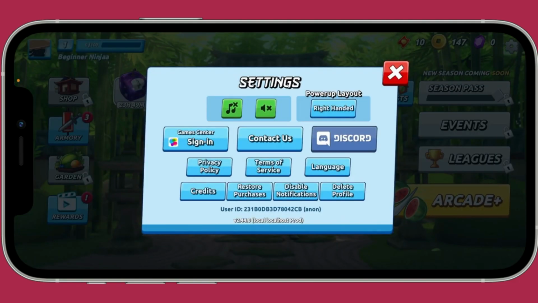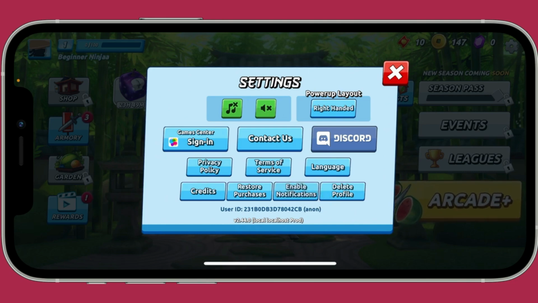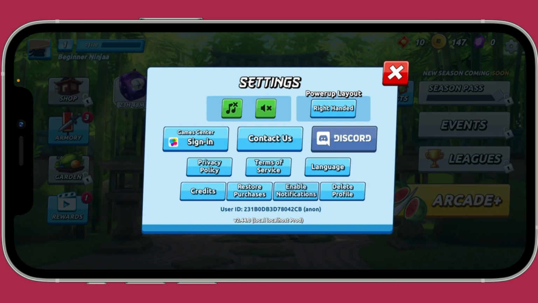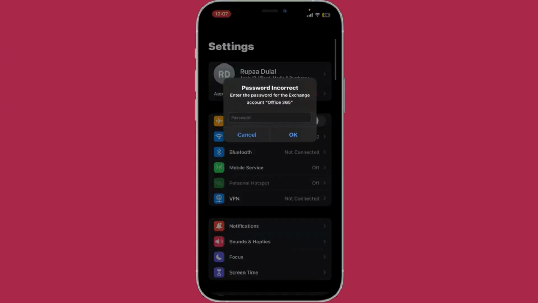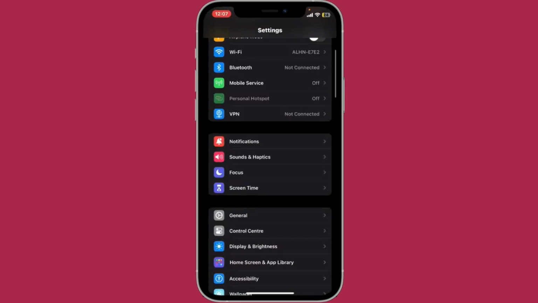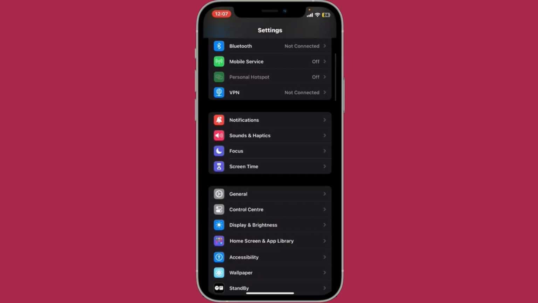This will open up the settings menu from where you will need to tap on the enable notification or the disable notification if you want to enable or disable your notification setting. You can also go through your device's setting and find the notification option and turn on and off the app notifications from there. Simply open up your settings app from your mobile device and then go ahead and tap on